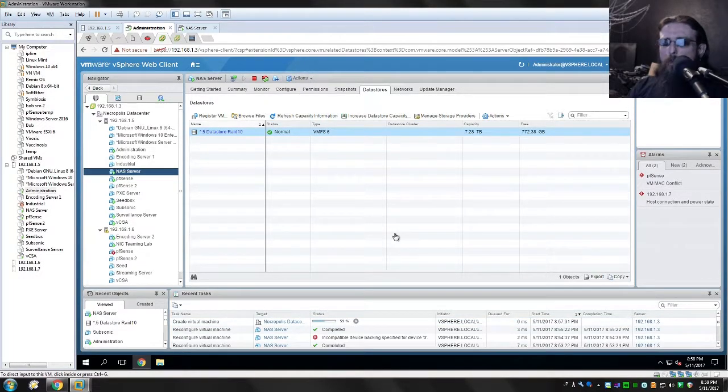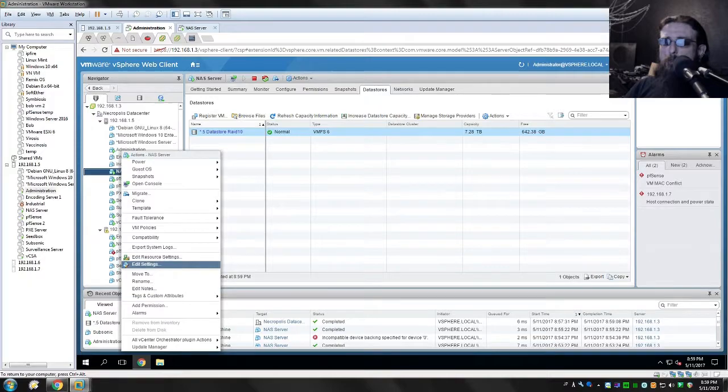Now, just for the record, I did even restart each of the virtual machines on there. I even restarted the entire server, the whole ESXi, everything. And it made no difference to that incompatible device error. Okay, it's done. So let us go into the NAS